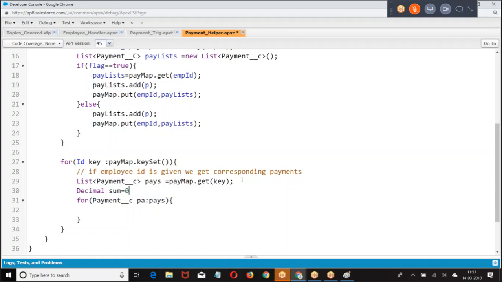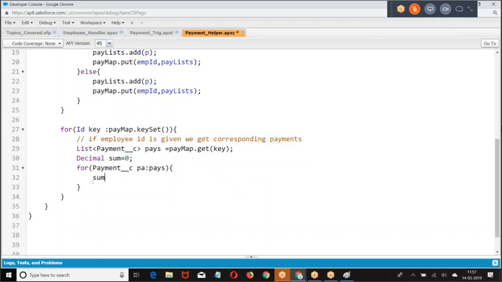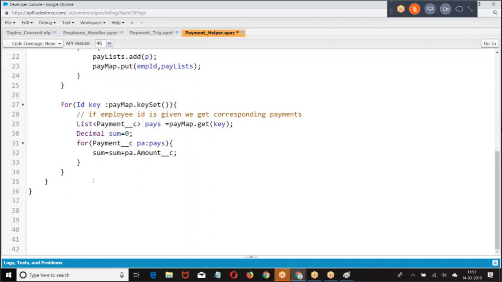I am summing up all the payment amounts. Payment 1, payment 2, payment 3. That total amount I am summing up. So it is sum equal to sum plus PA dot amount. So what I have done for this employee, this is the sum of the amount which I am making. See boss, there are 4 payments you are making. Now I told sum of all 4 payments. Tell me what is the grand total.